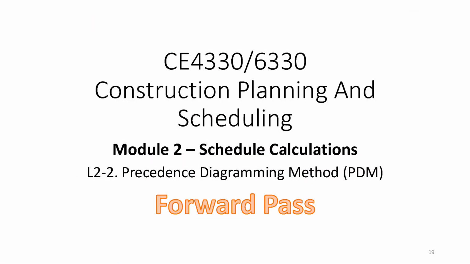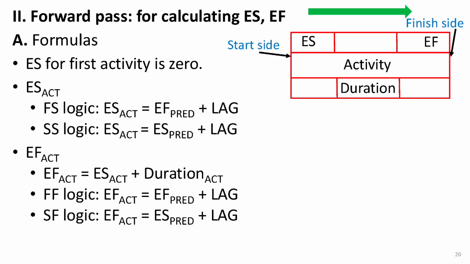The precedence diagramming method, or PDM, has two main steps, the forward pass and the backward pass. In this video, we're going to focus on the forward pass. Right, how does the forward pass work? Well, the forward pass is what we use to calculate early times, early start, ES, and early finish, EF, for each activity. The pass moves through the network from left to right, starting from the start milestone to the finish